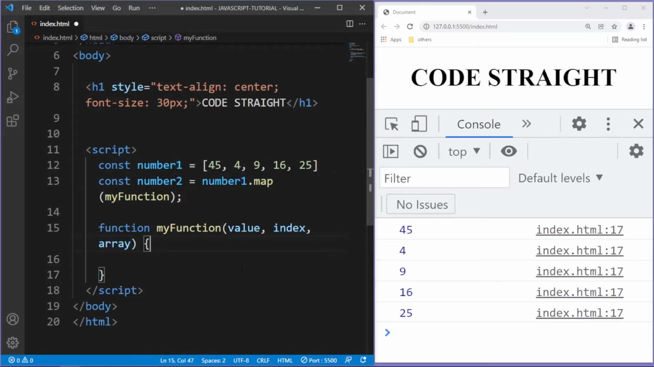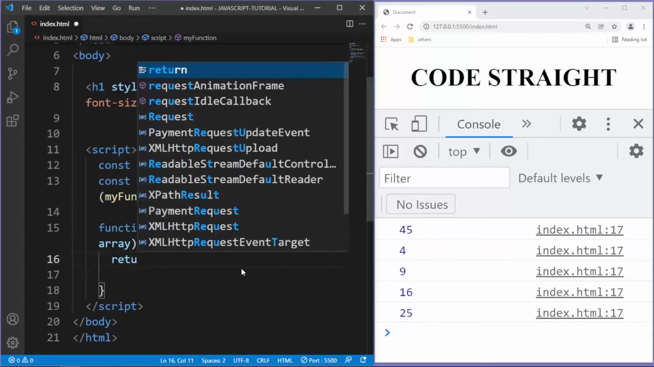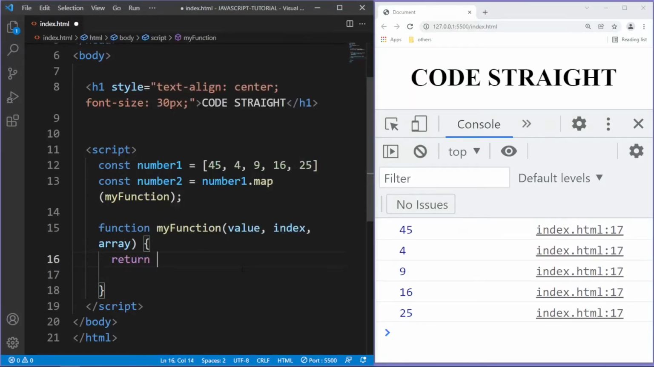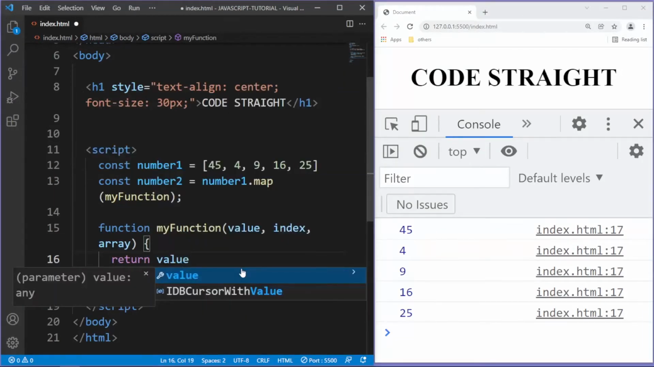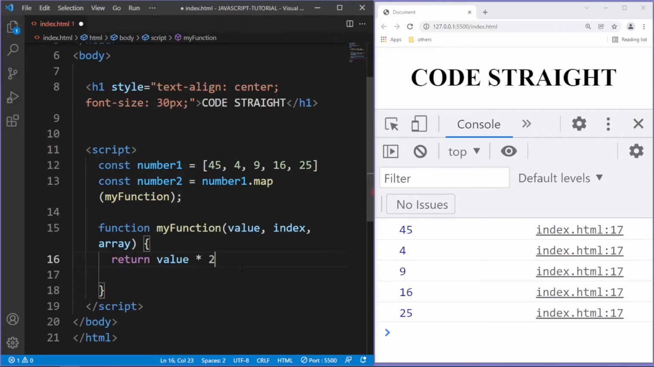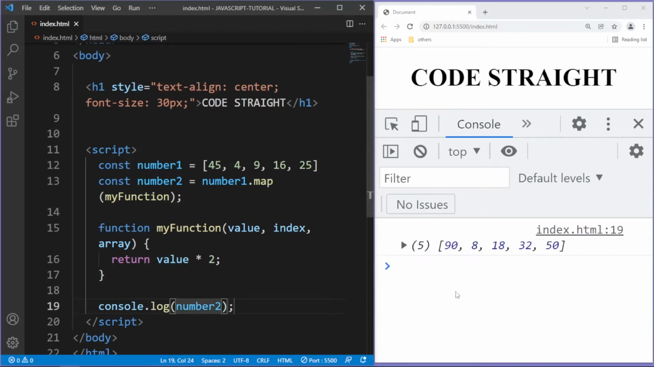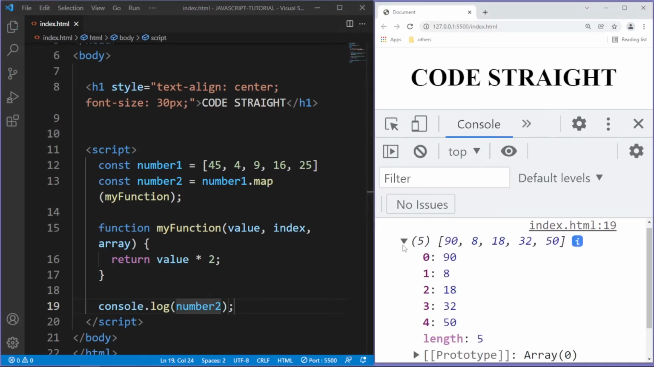Now let's come in here and type, I'm gonna return a value into 2. Alright, now let's come in here and console log number. Now hit save. We got an array of no values,